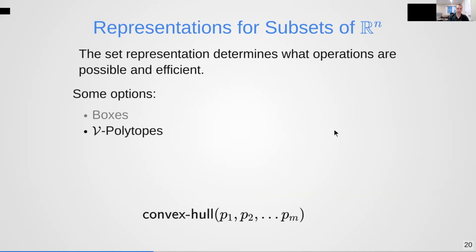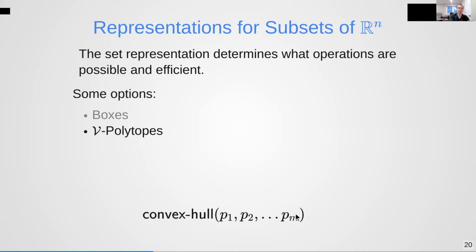Typical representations from computational geometry are vertex polytopes. A V polytope is a convex hull of a set of points. To advance time, you take each of the vertices and propagate them through the differential equations, which you can do, because you can either use a numerical integration tool, or you could use the matrix exponential that I described earlier. The downside is the number of points m can grow very large,